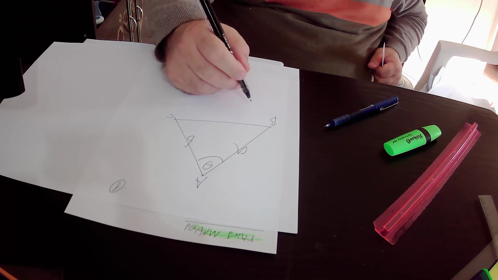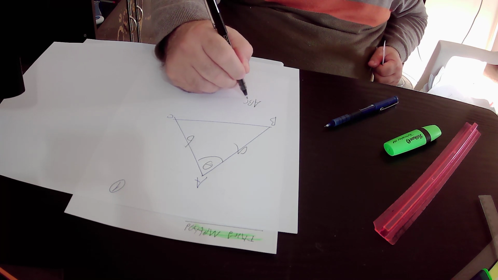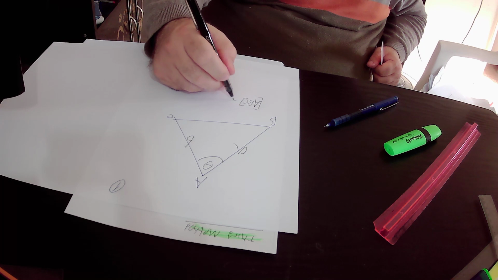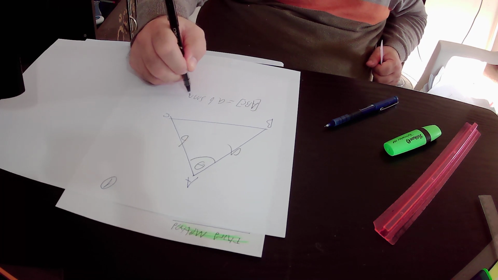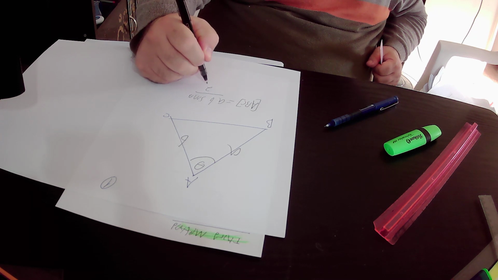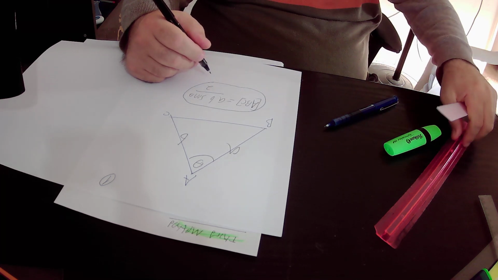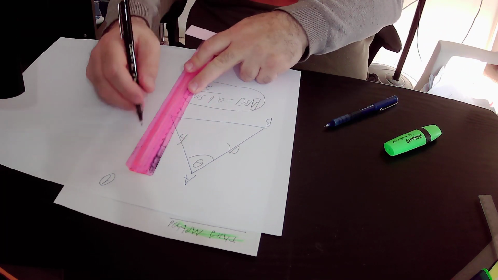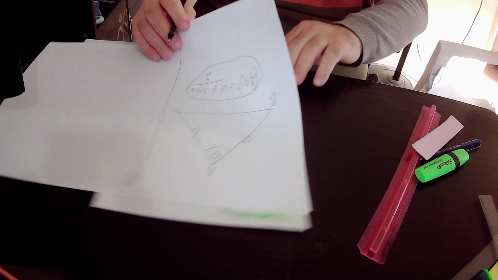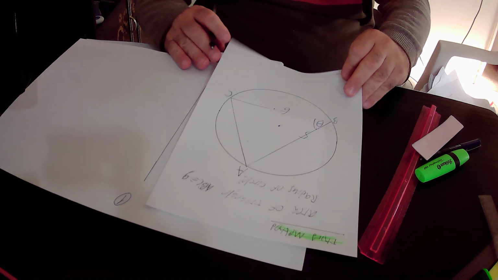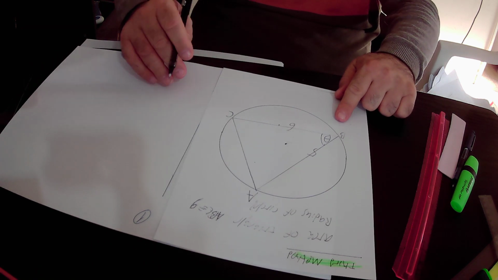Then the area of this triangle, triangle ABC, equals A times B times sine theta over 2. Okay, so we will use the new formula in order to calculate the area of our triangle, triangle ABC. According to the new formula, the area of this triangle, triangle ABC,